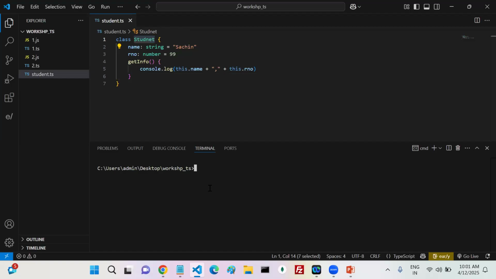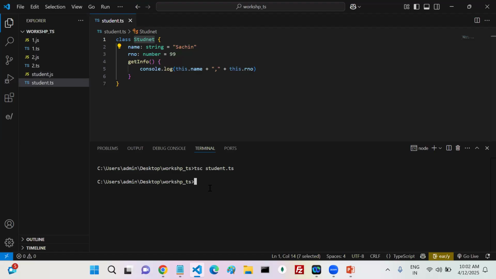No. So what do you have to do? You have to convert this TS file into what? JavaScript. You have to convert it into a JS file. How can we convert into JS? Come on. tsc. What is the file name? student.ts, right? Now, whenever you run this, one more file is created with the extension of what? JS. With the extension of JS. Now, can I press enter?